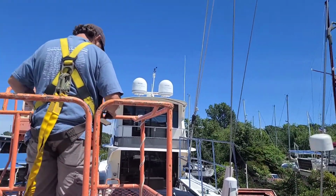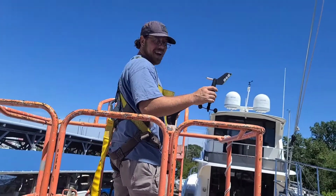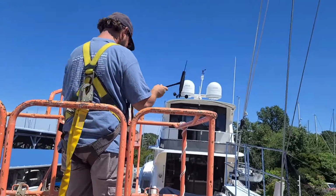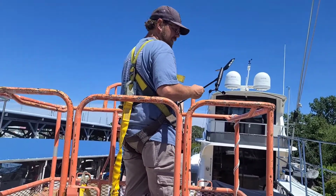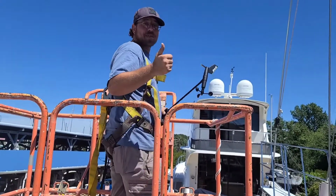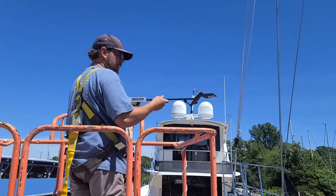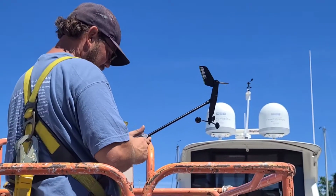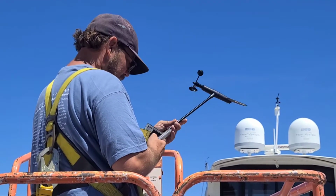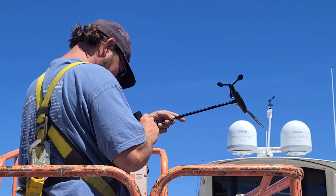Okay. What you got there, Mike? I don't know what this is. It's just a thingy. It spins around, right? Goes to the top of that, what's that called? That big thing sticking up, a mast? Yeah, that's what it is. Wind transducer. Solar powered. Oh yeah. And Bluetooth, right? And Bluetooth. That's what you're told. And you're going to go up there,